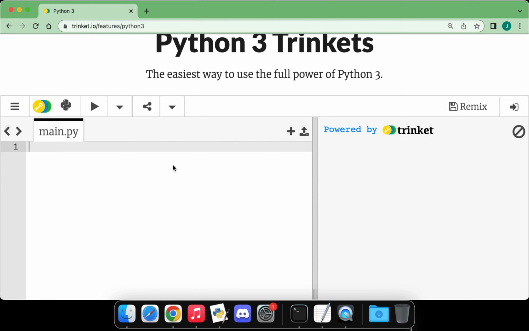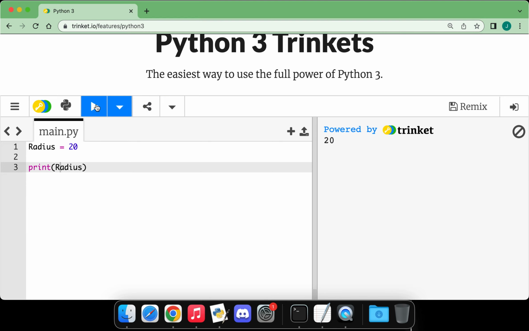So the first one of those, and you may have noticed this already, is that generally speaking, we always use lowercase for variables. And I will go back to my radius equals 20. So we actually don't need to have a lowercase letter here, and I'm just going to go ahead and add a print statement. Okay? So this does not have to be a lowercase r. This could actually be uppercase. There's nothing wrong with that. Python doesn't have an issue with it. However,